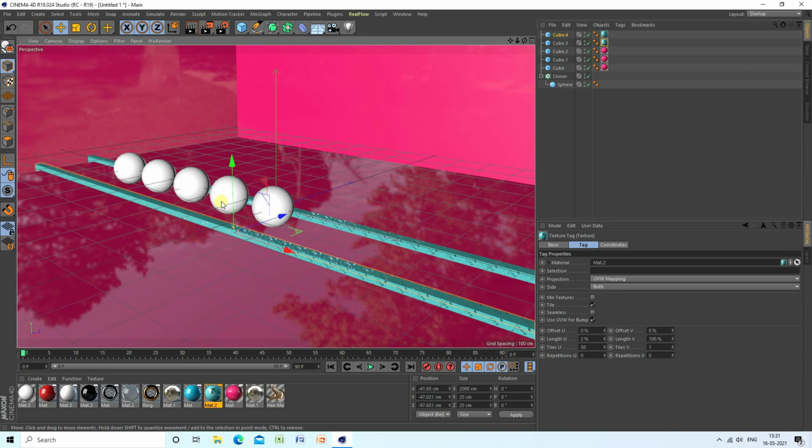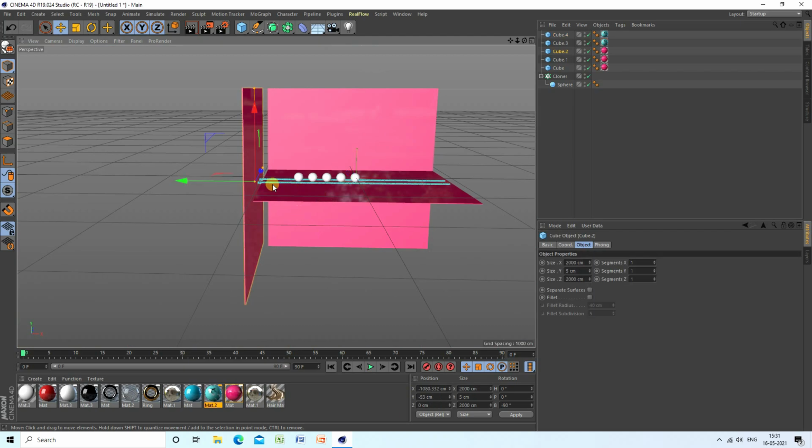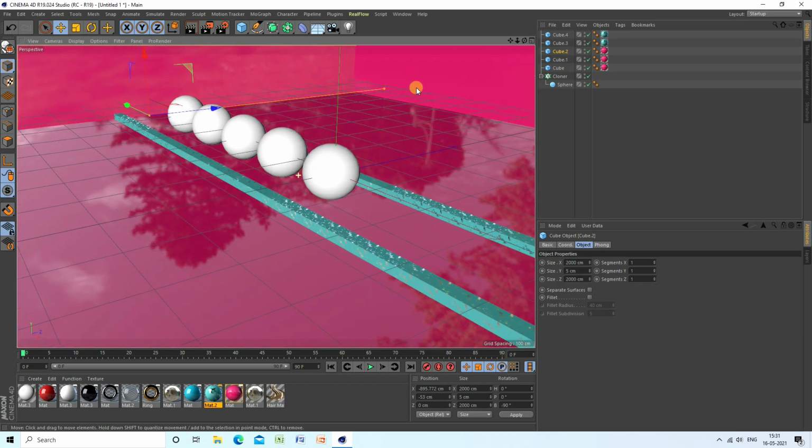See guys, that's my composition, and select this one little bit inner. Okay, so guys, my composition is finished.